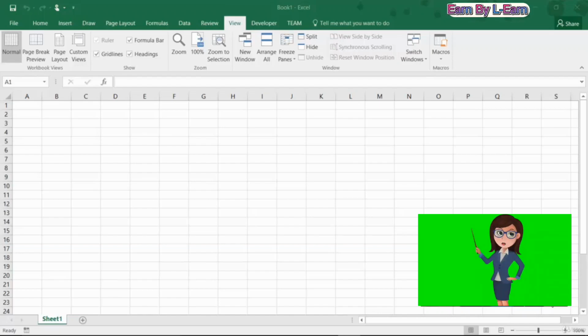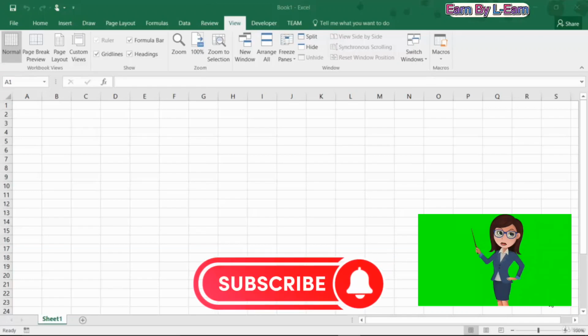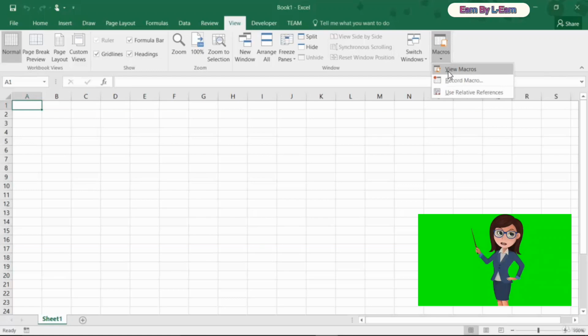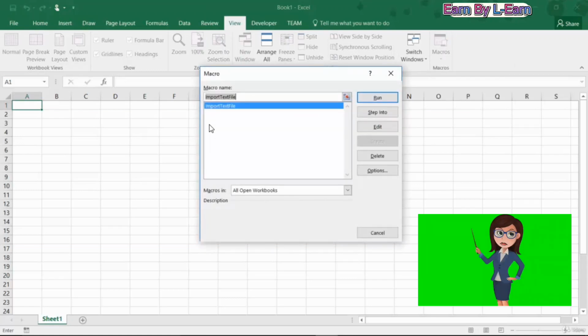So take a look. Open in front of you, I've got the completed version of this project that you're about to complete. Now I'm going to run the macro and take you step by step through what you're about to create here. So first step, I'm going to go up to my View tab, I'm going to go to Macros, and I'm going to go to View Macros. Now I've got a single procedure, single macro in here called Import Text File, and this is the one that